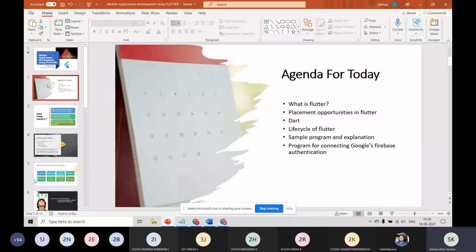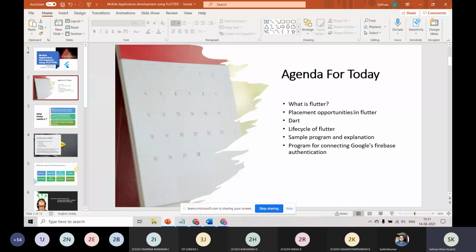We are going to look at what is Flutter, what the placement opportunities and market in Flutter are, what is Dart, and the life cycle of Flutter. We will also have more practical session than theoretical session, because I know the more theoretical, the more boring the content. So I will not take much time on the theoretical content, so that we can go to the practical session and benefit from this.